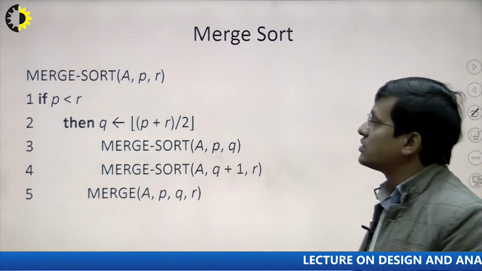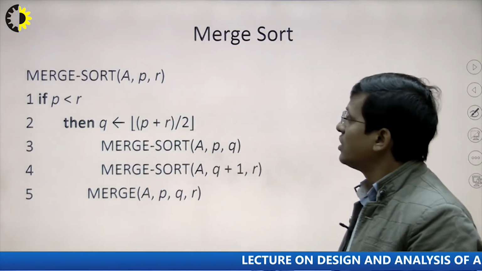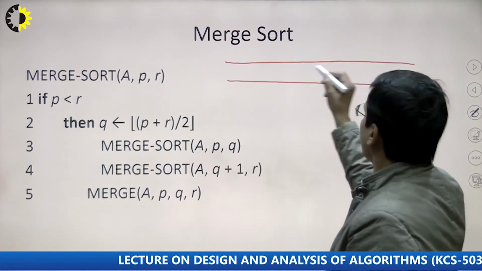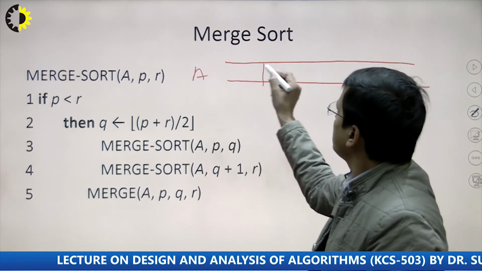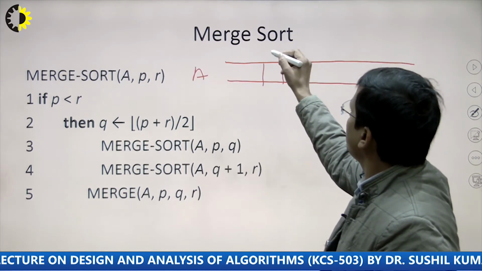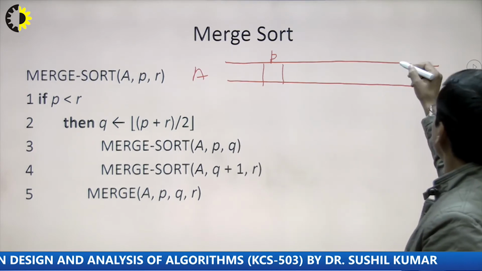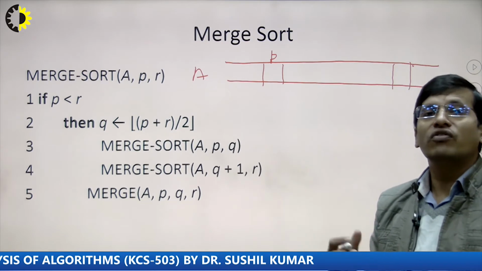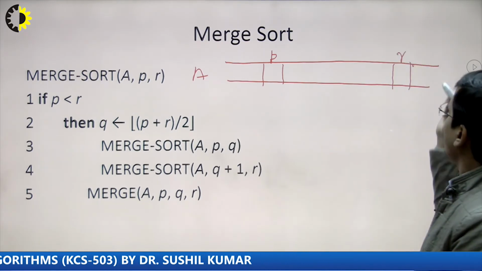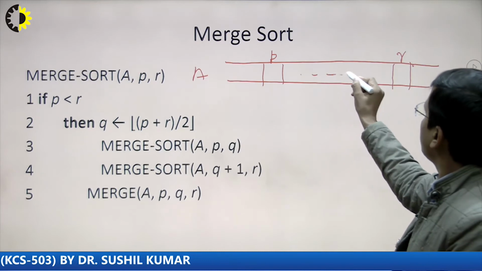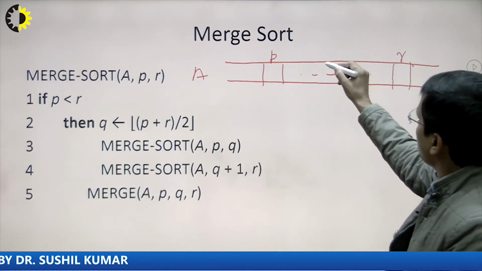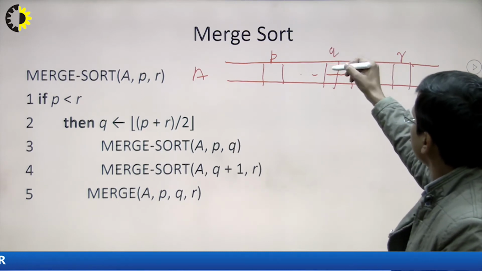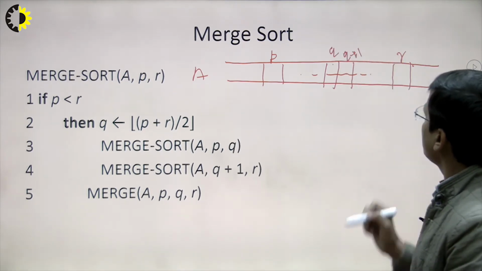So now this is the pseudo code of merge sort. This is very simple. Here A is the array, right? Suppose this is the array A, and let's say the index of that particular element is P, and let's say this is R, because this merge function applies on a section of the array, right? And we have elements present in this, right? So basically we are trying to find the Q value and the Q plus 1 value. So this is Q and this is Q plus 1, right?